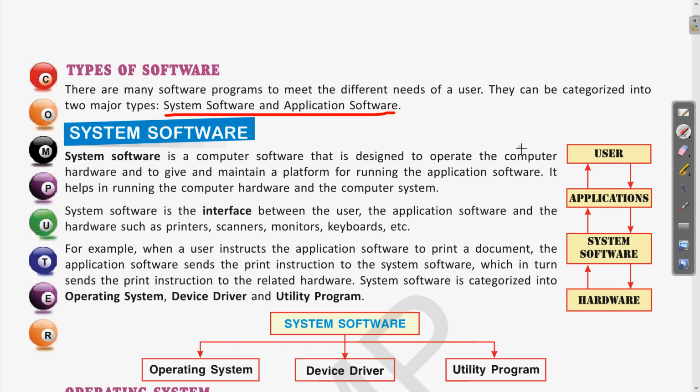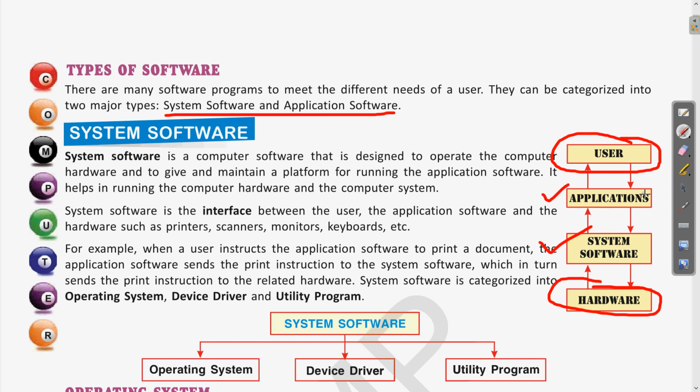For the processing of computer, these are used, and they control the different hardware devices, and provide the interface between the user and the hardware. So here you can see this picture which is given here. The system software is interacting with the hardware at one end, and at the other end the user is giving the instruction. Clear? So the user interacts with the system software through the different application softwares.